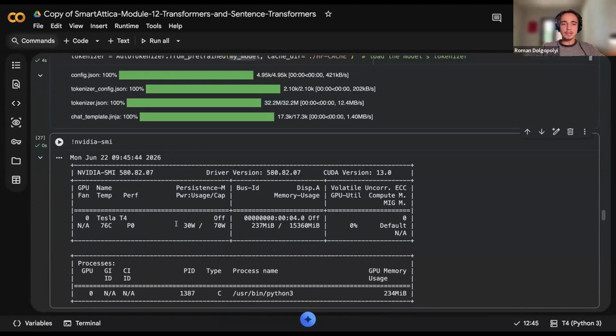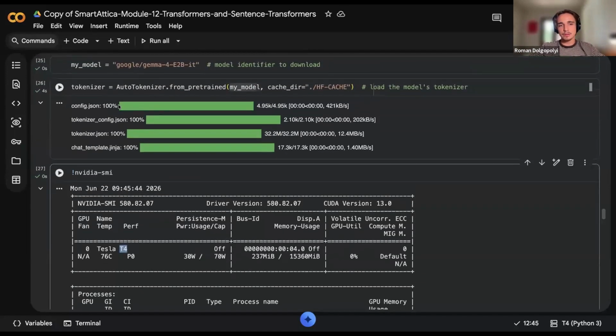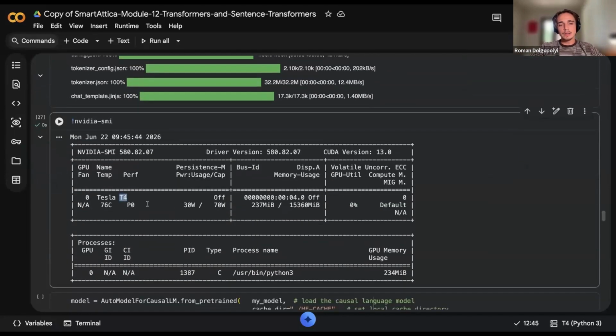As you remember, in the beginning of the seminar we chose the GPU that runs this Colab, and it was a T4. By running this command, NVIDIA SMI, we can see the specific details of this GPU. Currently, after we downloaded the tokenizer, the power utilized is 31 watts out of 70. Until we download the model, we have just the tokenizer, and we are using 237 megabytes out of